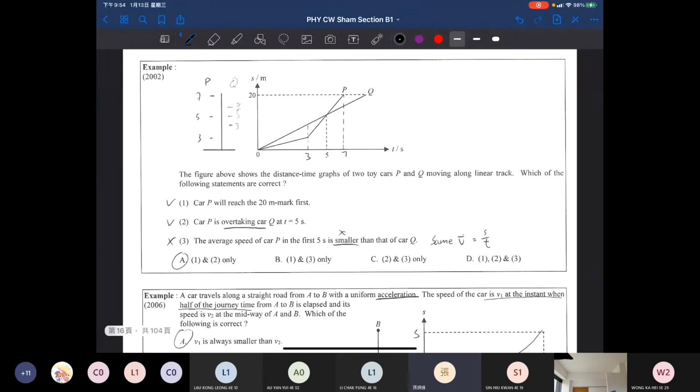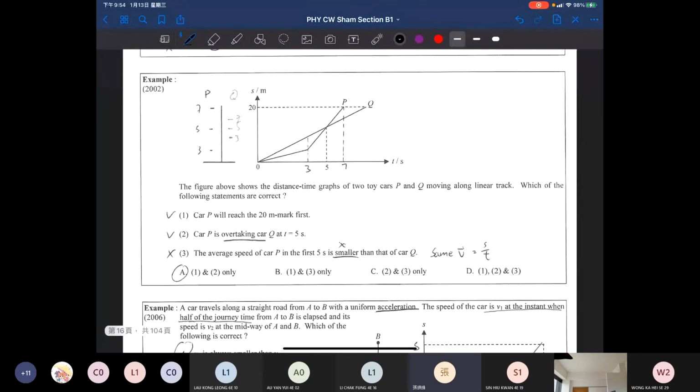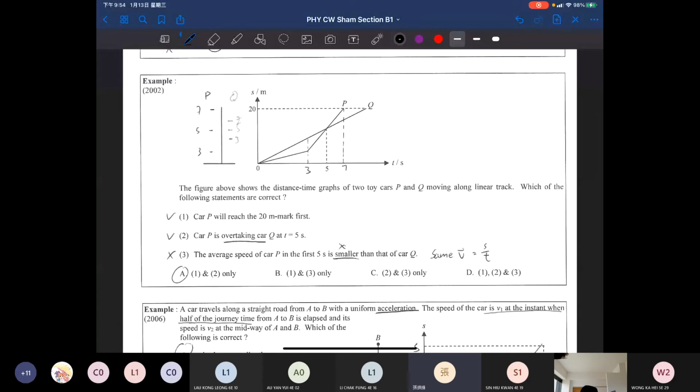Okay. So let's see. The figure above shows the distance time graph of two toy cars P and Q moving along a linear track. Which of the following statements are correct? So, would they meet? A car would reach the 20-meter mark first. Yes, P is here, so it reaches it first. Okay, car P is overtaking. What does overtaking mean? It passes the other car, gets ahead of it. At t equals 5, when it reaches here, is its distance larger than Q's distance? Yes, that's correct. OK, so the